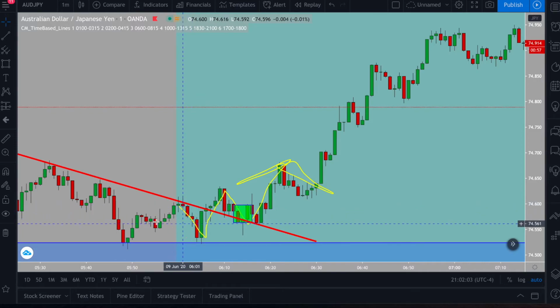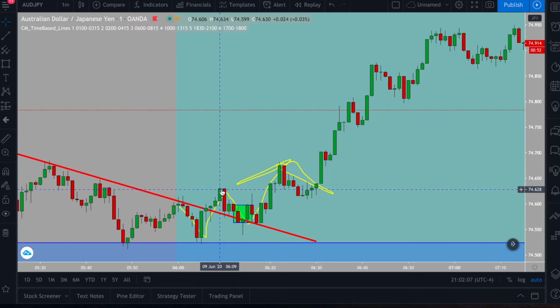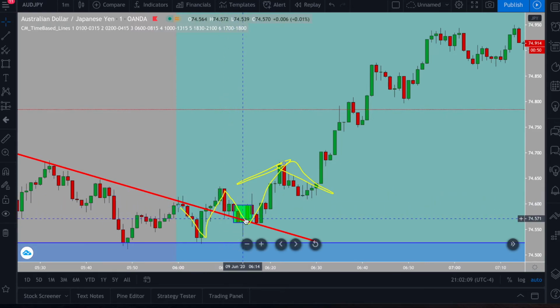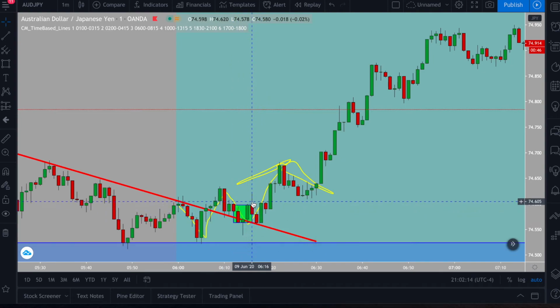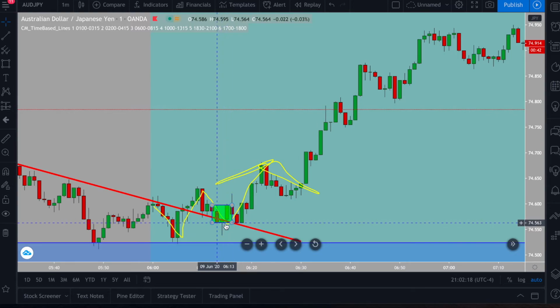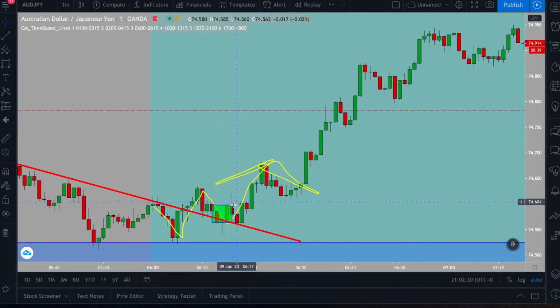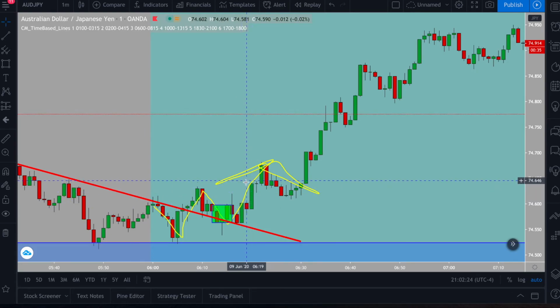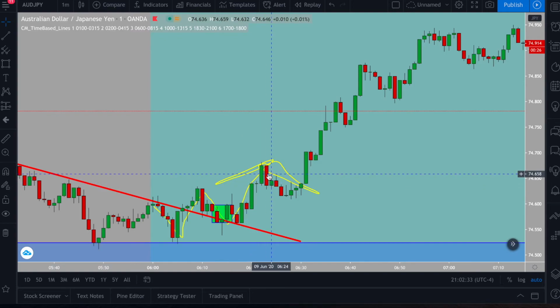Price came down beneath this support here, went up, came down, and I was looking for a bullish engulfing pattern, in which I've got one right here. Then price came up, went back down, and retested this little right shoulder, and then it gave me another bullish engulfing pattern. So that would have been another entry. Price came down and gave me another bullish engulfing pattern, so that would have been another entry. That's how people get multiple entries on one pair. Anyway,